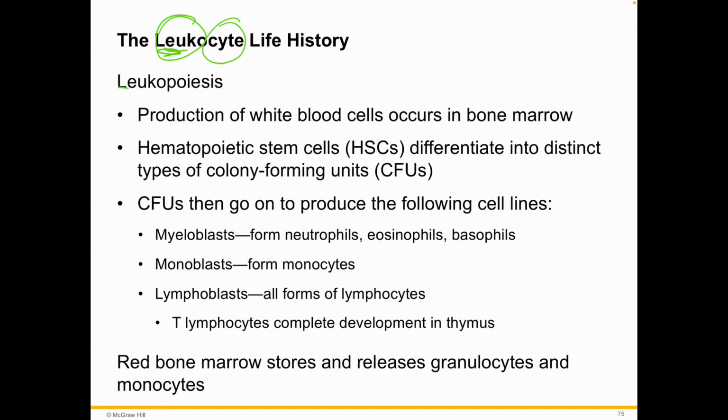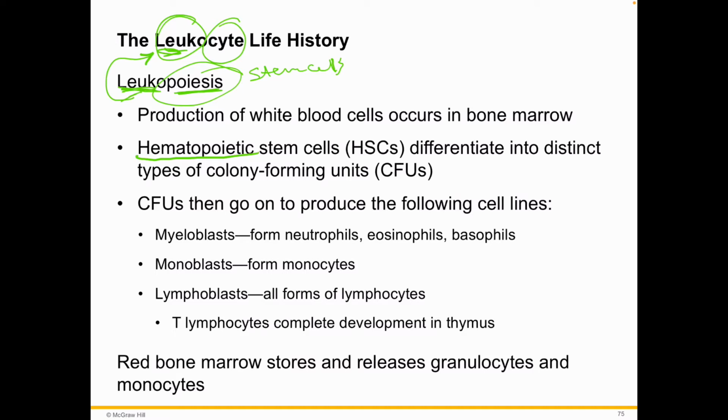So that would be the process of what we call leukopoiesis. So remember, leukos referring to that lucid, white blood cell, and then poiesis, think stem cells, right? So they're two L's. So just like all the rest of the parts of the blood, white blood cells are made in the bone marrow, right? And so these